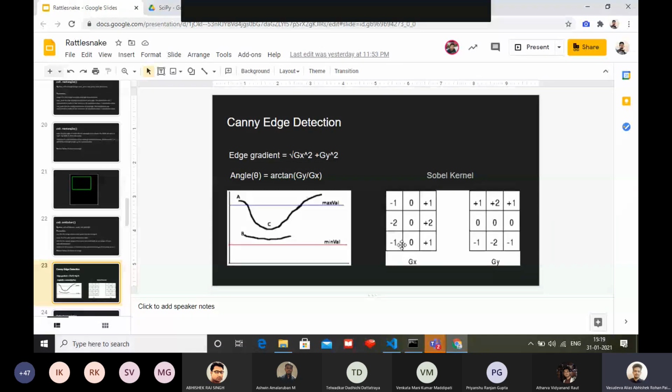So what happens is, if you convolve this matrix on your image matrix, and by convolving I mean, consider your image as a 9 pixel by 9 pixel, and if I convolve this matrix on the image, then what will happen is,